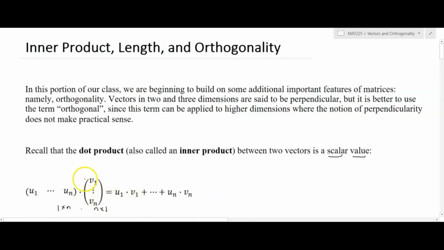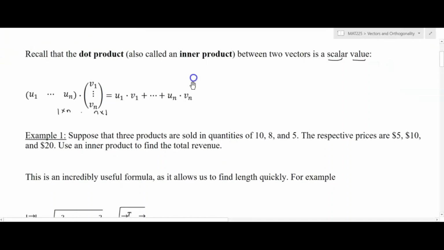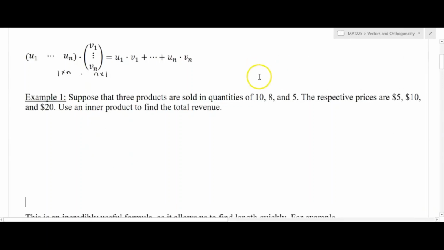And the result is taken by multiplying the first component of the first vector with the first component of the second vector, and then all the way up to the last component of the first vector with the last component of the second vector. And you sum those results together. So here's an example where suppose we have 3 products that are sold in quantities of 10, 8, and 5. The respective prices are $5, $10, and $20. Use an inner product to find the total revenue. Well, I want to take 10 times $5, 10 units of product 1 times $5 per product 1, plus 8 times 10 plus 5 times 20, because I want to calculate the total across